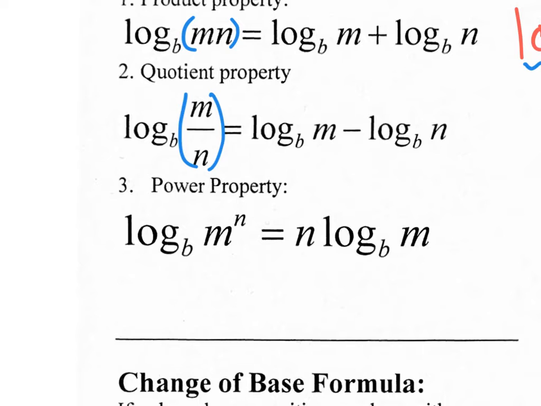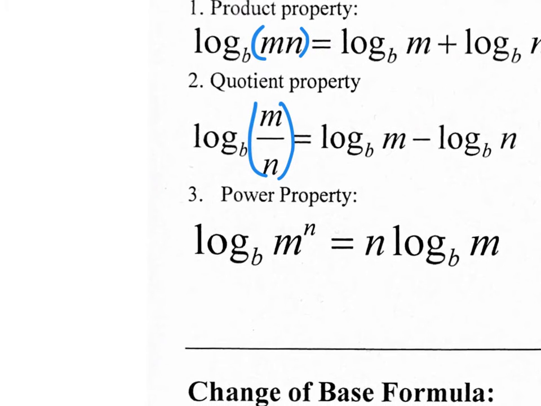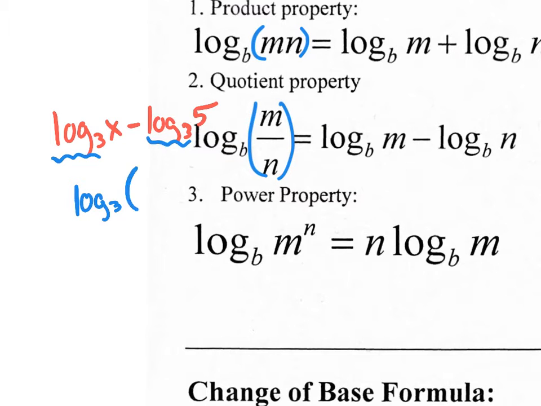Should we see an example of that? Instead of giving an equation, let me just say if I had log base 3 of x minus log base 3 of 5. We do have log base 3 there, log base 3 there. If I wanted to condense it, I want to put them both to become one single log base 3 of,